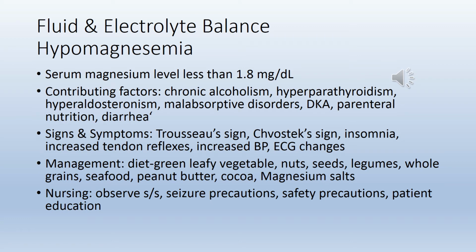Hypomagnesemia is a serum magnesium level less than 1.8 milligrams per deciliter. Magnesium is similar to calcium in two aspects. First, it is the ionized fraction of magnesium that is primarily involved in neuromuscular activity and other physiologic processes. And second, magnesium levels should be evaluated in combination with albumin levels. Because about 30% of magnesium is protein-bound, principally to albumin, a decreased serum albumin level can reduce the measured total